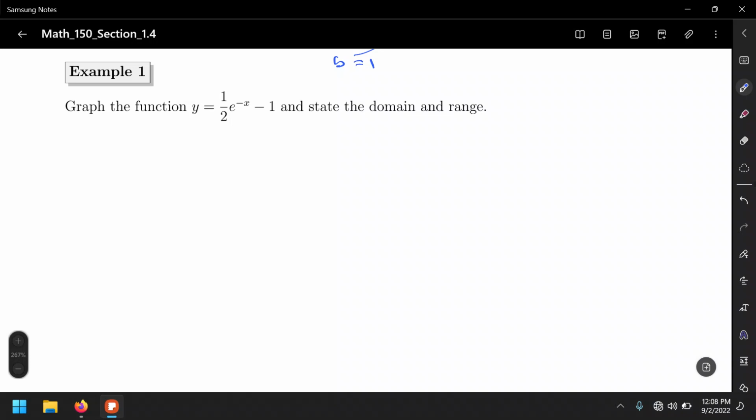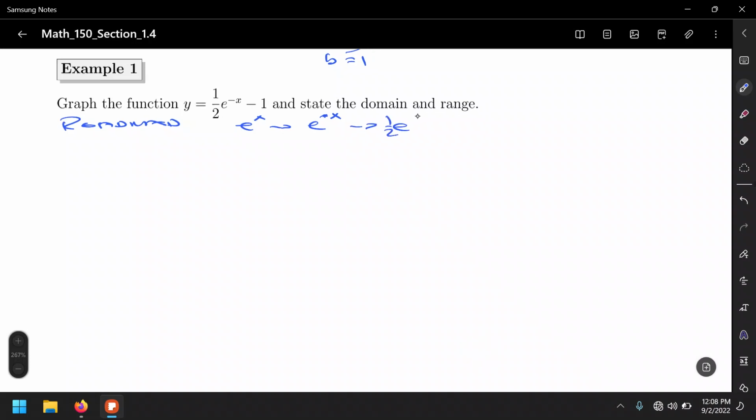Well, let's roadmap. So we're going to start with e to the x, then e to the negative x. Why not? We can do that one next. Then 1/2 e to the negative x, and lastly the -1. So we're going to do one at a time, and let's start with